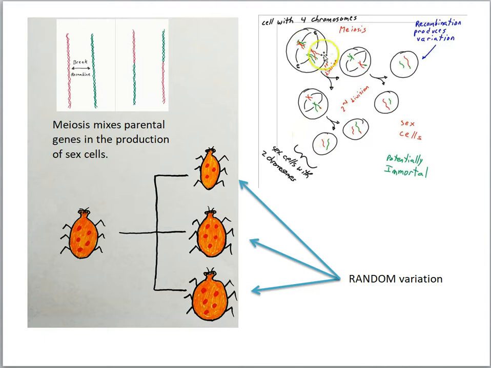Something very important happens early in meiosis. The mom and dad chromosomes get together and they exchange genetic information. So there are breaks along the chromosomes, and then when the chromosomes reattach, we have one section from father, one section from mother, and likewise on the other chromosome. And so this is creating variation in the genetic information in the sex cells.